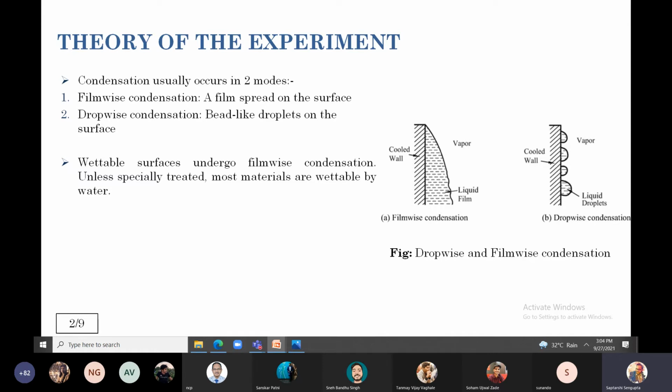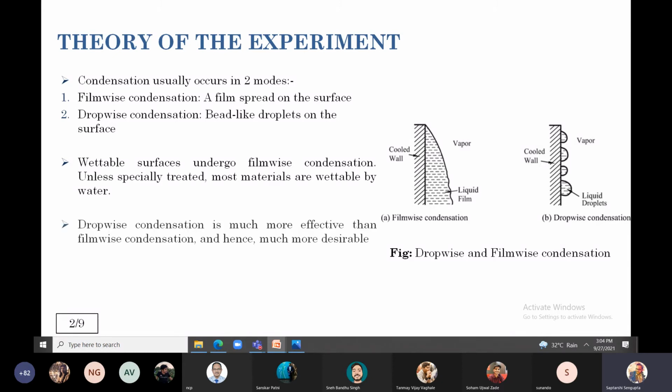Dropwise condensation is rare in completely natural processes. Dropwise condensation, however, is usually much more effective than filmwise condensation. This is because dropwise condensation has much higher heat fluxes and much higher heat transfer coefficients for the surfaces. So can anyone tell me why dropwise condensation involves higher heat transfer coefficients and heat transfer rates?